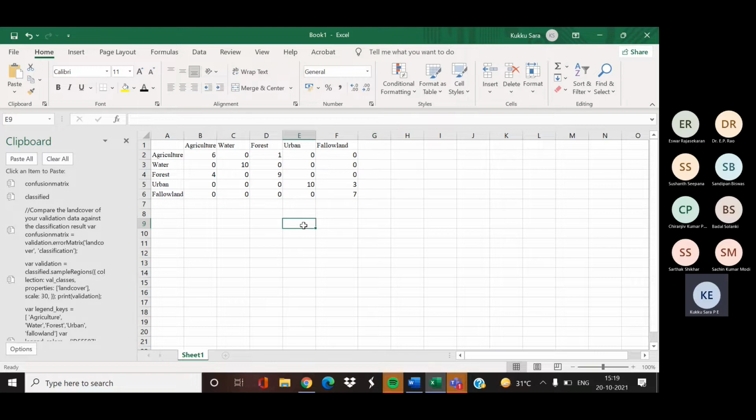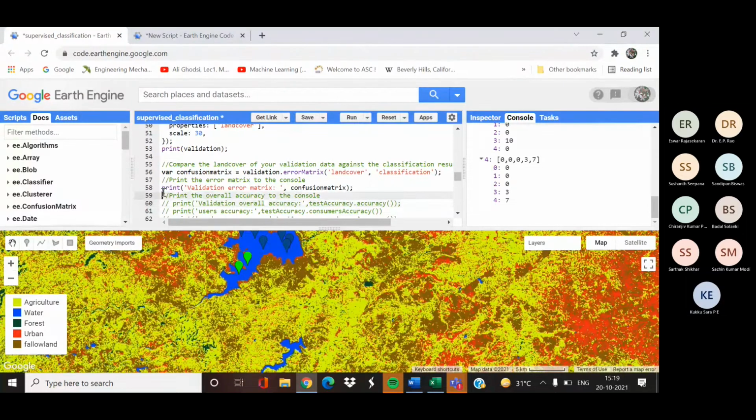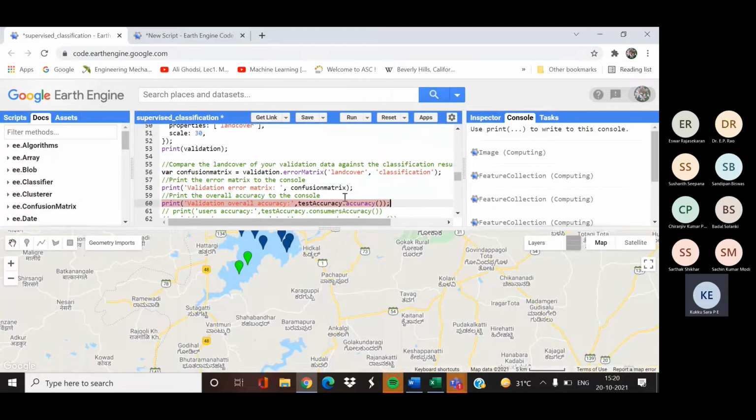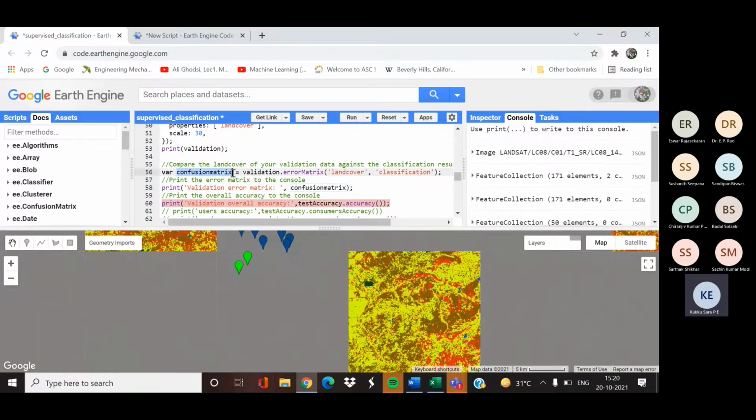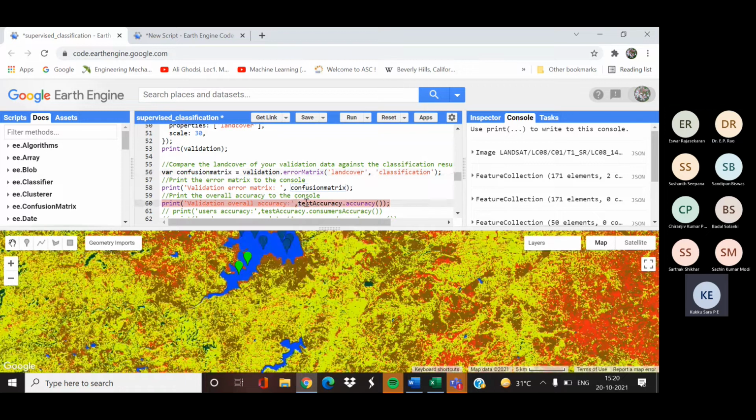So first we will calculate the overall accuracy. For that use the dot accuracy function: confusion matrix dot accuracy.